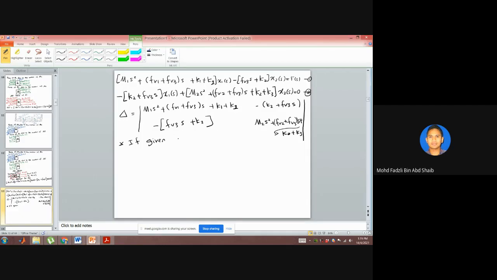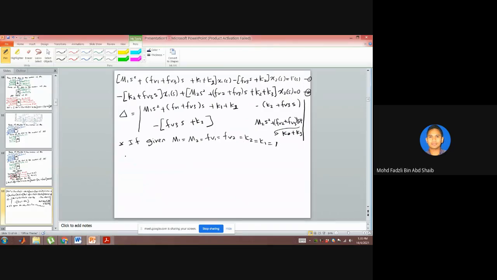But if given M1 equal M2 equal FV1 equal FV2 equal K2 equal, so we need to solve this problem, because if not, it's very hard to solve the problem. But if they give you all the M1 and K and so on is equal 1,